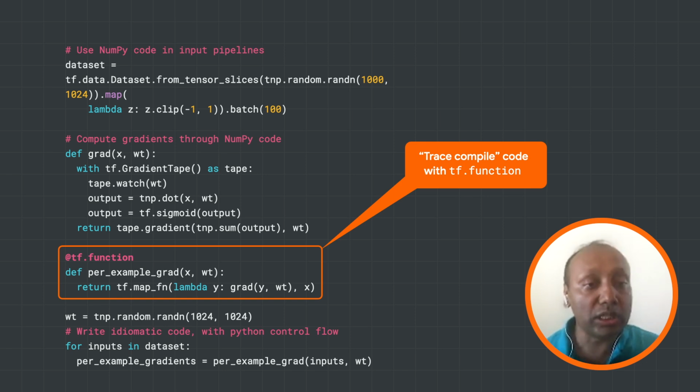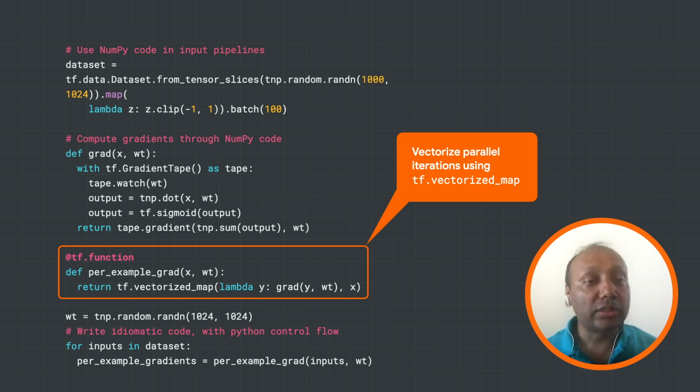The way it works is by adding a decorator on any of the functions, it triggers this machinery. What it does is on the first call to this function, we will execute the code, and the underlying machinery will observe what operations are being called. It will take that trace, compile it and store it. And on subsequent calls, it will invoke the trace instead of running the Python code imperatively. This gives TensorFlow the opportunity for applying different kinds of optimizations like operator fusion and so on, which provides a lot of speed up to the code.